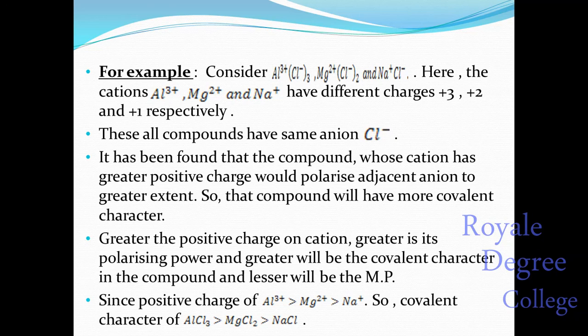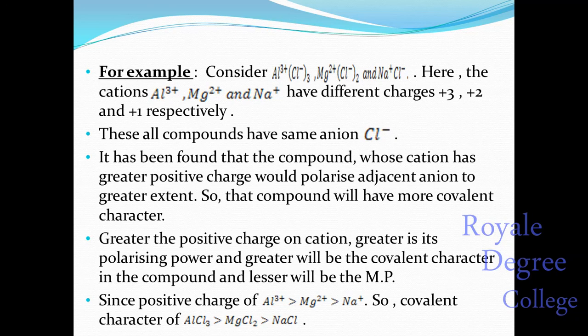Here the cations Al3+, Mg2+, and Na+ have different charges. That is, the aluminium ion is showing the charge +3, the magnesium ion is showing the charge +2, and the sodium ion is showing the charge +1 respectively. These all compounds have the same anion, that is Cl-. It has been found that the compound